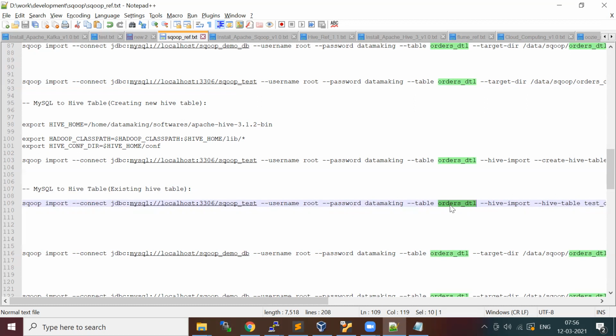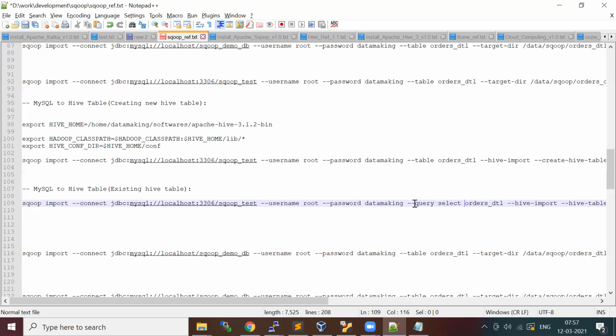So it will become 6 plus 8, 14 rows. So instead, we'll try to use the query property, and then